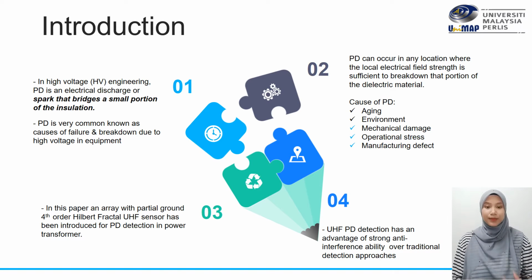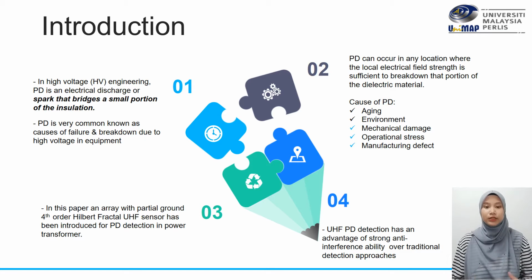For the introduction part, PD is an electrical discharge or spark that breaches a small portion of the insulation. PD is very common, known as a failure and breakdown due to high voltage in equipment. PD can occur in any location where the local electrical field strength is sufficient to break down portions of the dielectric material. There are several causes of PD, such as aging of the equipment, environment, mechanical damage, and also